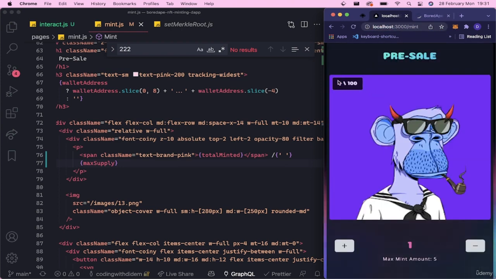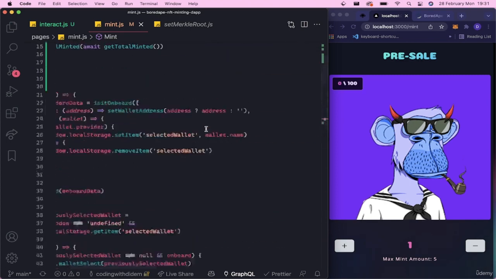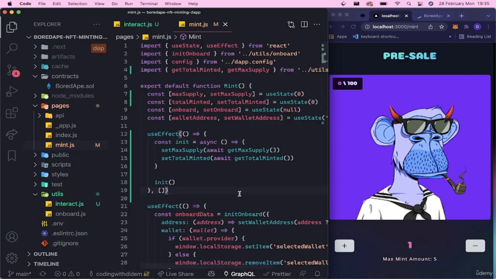So you can see we have 0 and 100, which is the correct numbers, okay? So this is how we interact with our contract. These are some asynchronous functions, and we can call them and update our UI using the useEffect hook in our front end. So for the next, you can actually go ahead and get the max mint amount from the